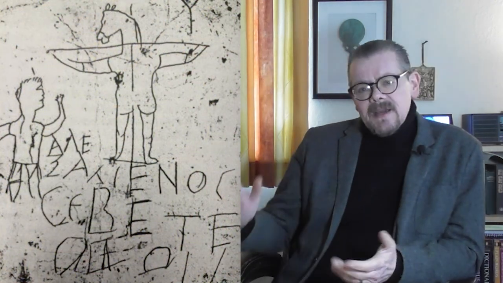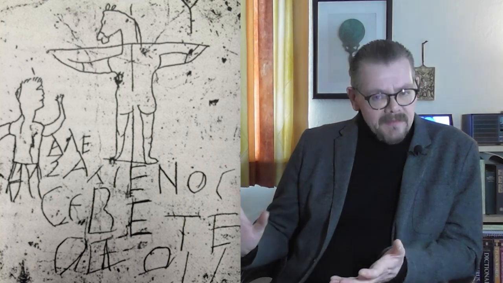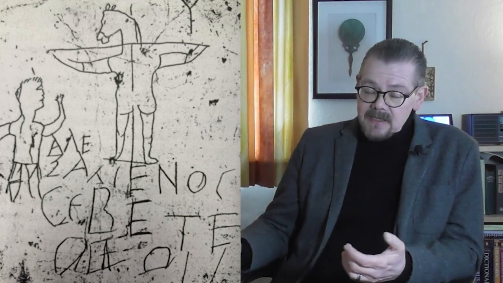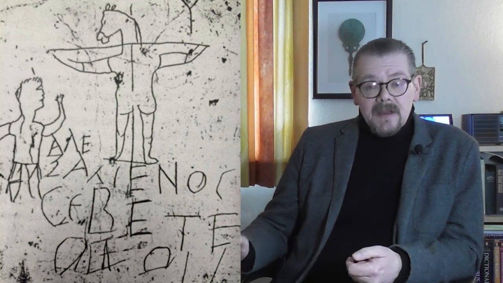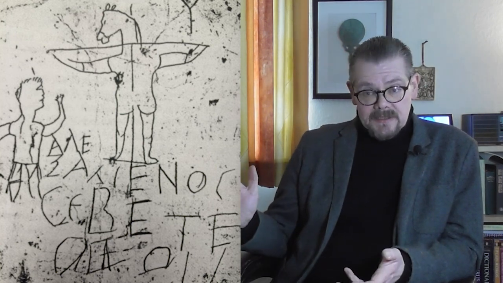What does it show? Well, let's look at it closely. On this scratched graffito we see a couple of figures and some writing. One figure is on a cross. That's unmistakable. We're viewing it from behind. We see this figure on a cross, what's called a tau cross, a T-shaped cross. And perhaps the most distinctive thing about this figure is he has a donkey's head, the head of an ass. To the side of him is the second figure, who seems to be worshipping. His hand is raised in a gesture of greeting or salutation.